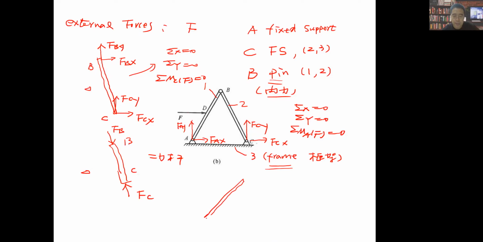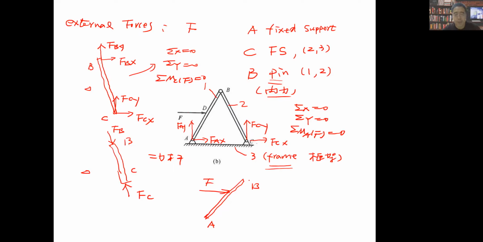to be studied, then we will find AB is not a double force bar. Why? Because it has the active force F here. It also has forces at point A and point B, so it has 3 acting points. So it should not be a double force bar. So if you select these to be true, then from the action and reaction point of view,